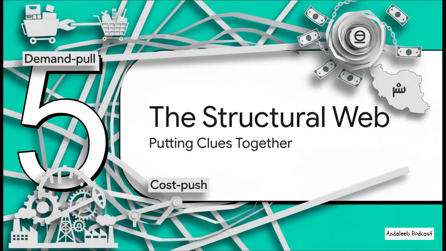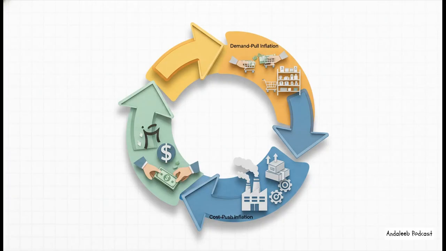So there we have it, our 3 big clues: demand pull, cost push, and currency inflation. But the most important part of this whole analysis, the real aha moment, is realizing that these are not 3 separate problems. They're all tangled together in one big, complex structural web. This right here is the absolute core of Dr. Hosseini's argument. You can't fix one of these without addressing the others, because they all feed into each other in a relentless loop. They're not the disease, they're the symptoms of a much, much deeper structural problem in the economy.